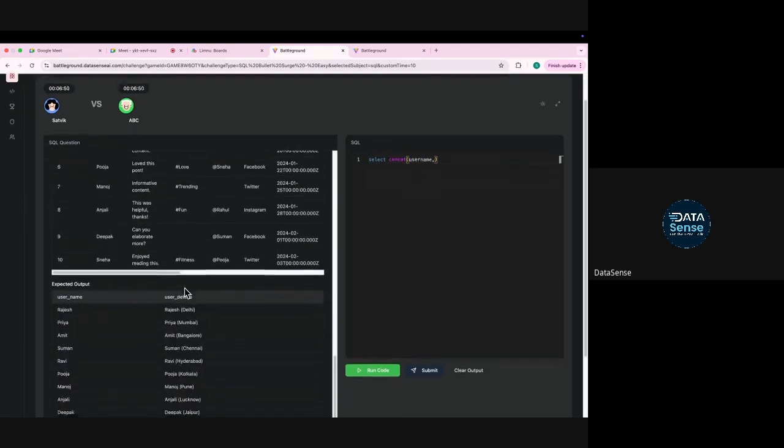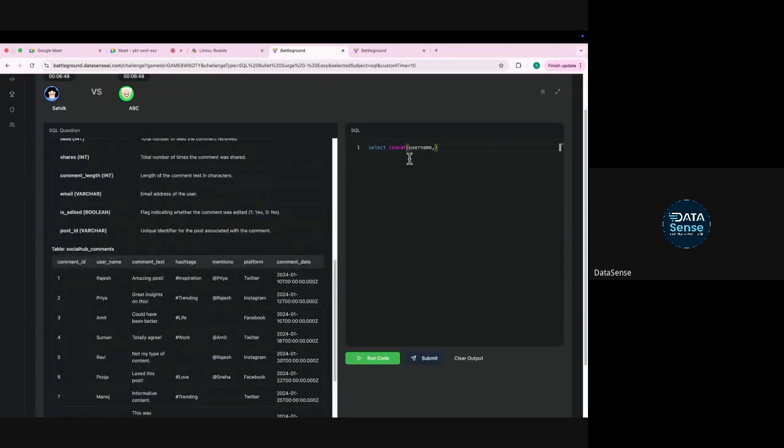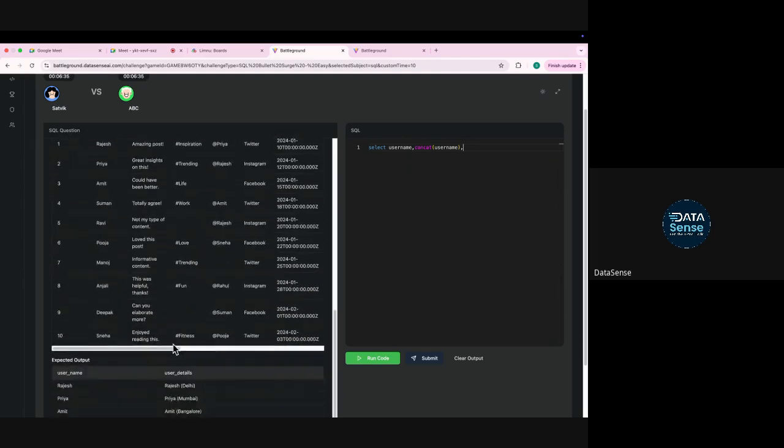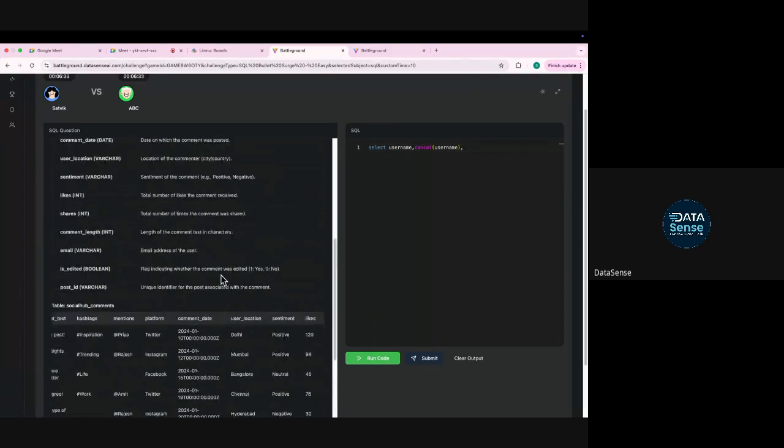Concat username, comma. So what is the output? Username, comma, concat username and user location. Where is user location? Comma, you have to give a space in the middle.